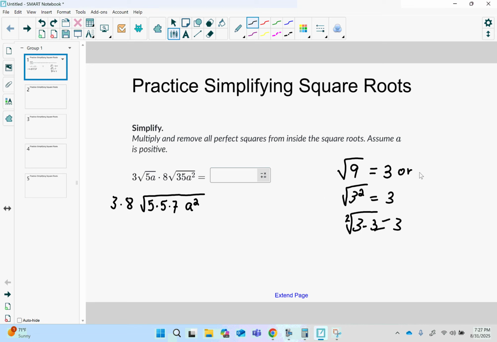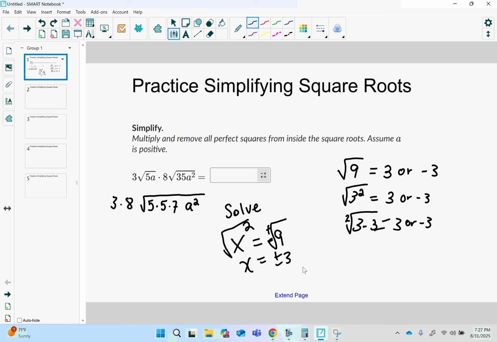Also, it technically could be -3 times -3 to give you 9, right? So we always have to consider the positives and negatives, but generally when you're just working with numbers like this, we're not solving here. The general rule is to just assume they mean positive. But when we're solving something later, we might have x squared equals 9, and we need to solve for x. In that case, you would take the square root of both sides, and when you do that, you always have to put a plus or minus on the side opposite the variable,